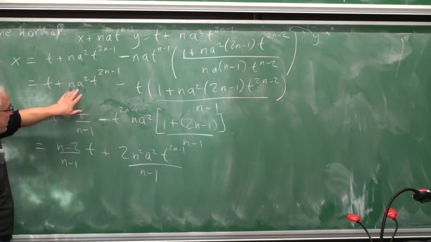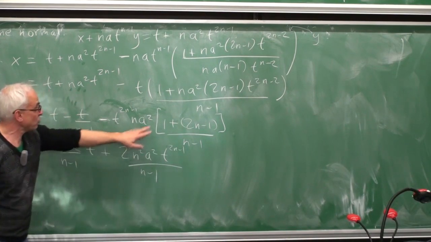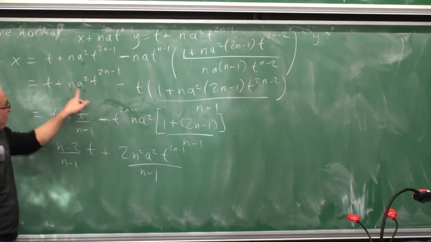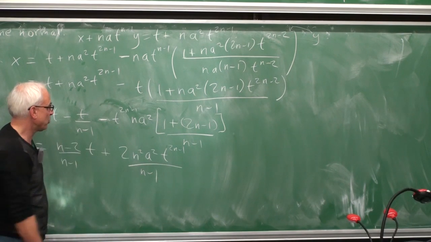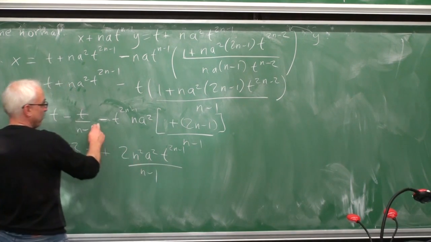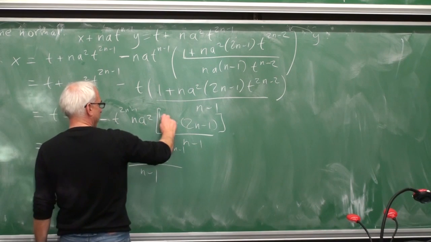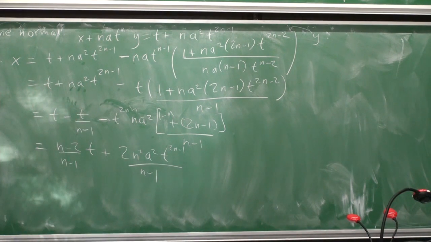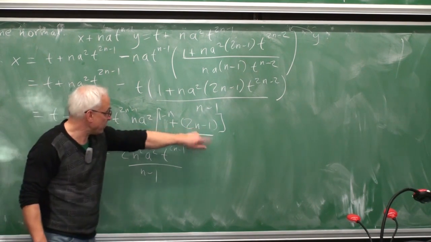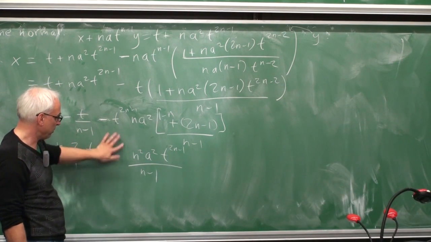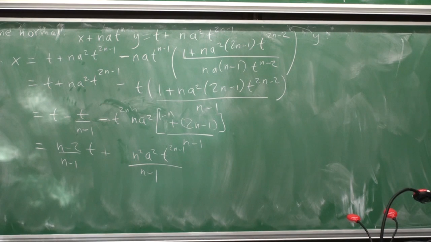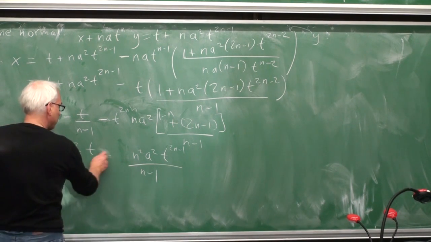What else did I do? When I take everything over a common denominator, there's an n minus 1 that's under here. So I need to multiply this thing by n minus 1 as well. So instead of having a 1 here, there should have been an n minus 1. But with a minus sign, it's actually 1 minus n. Should have been a 1 minus n there. And that means that that 1 and that 1 minus 1 cancel, and the 2n and the minus n just give me a single n. There's no 2 here. And there should be a minus sign.